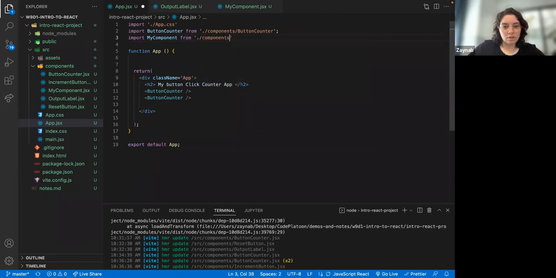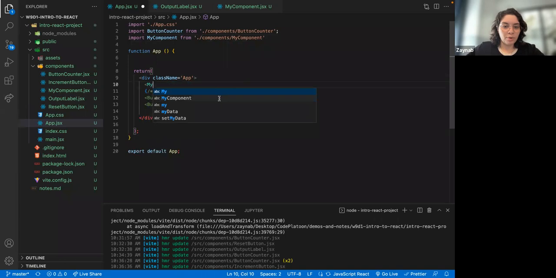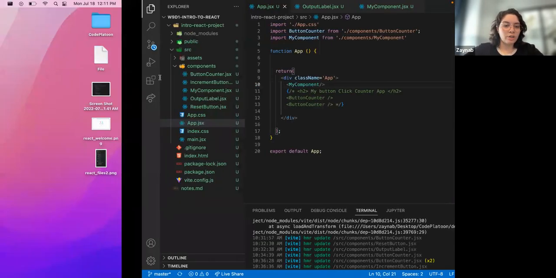Slash components slash my component. And then I'm just gonna remove this stuff. Just put my component. So all this is gonna show me,